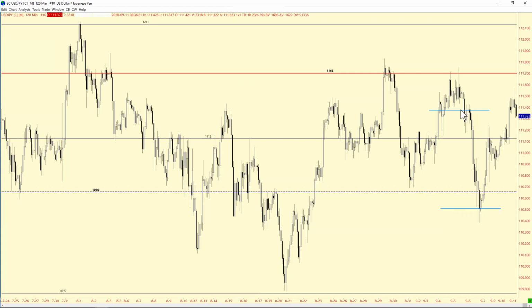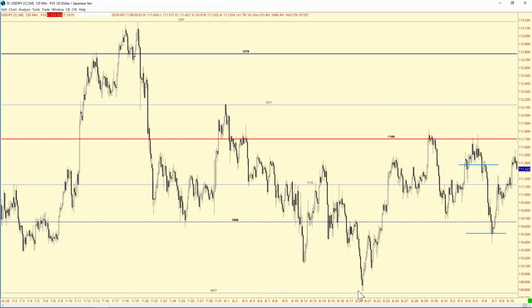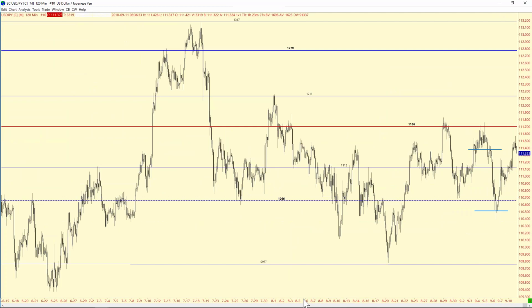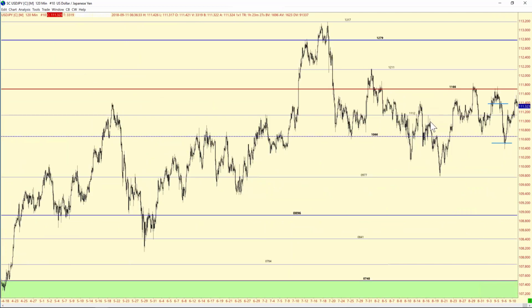You know, I just don't have a good feel for this dollar yen. It's just all over the place. Look at that. And when I say all over the place, in a relatively tight range, you don't get the feel that it wants to. Just about the time it looks like it can move higher, it breaks lower. And by the time it looks like it's going to break lower, it moves higher. And we're just stuck in this range.